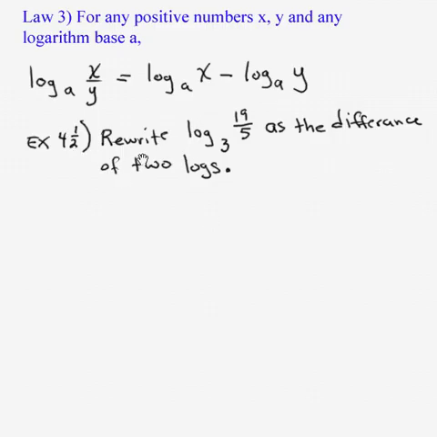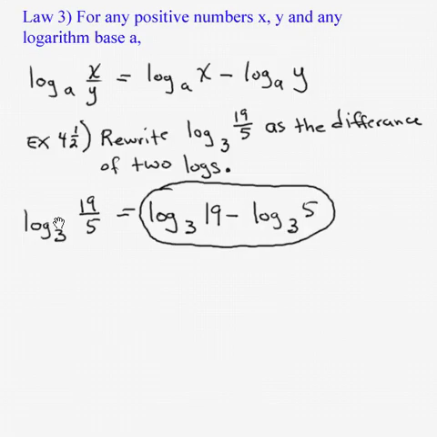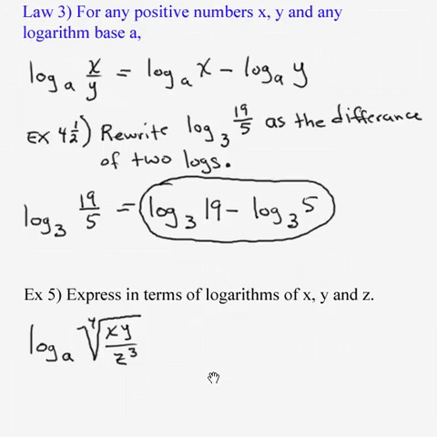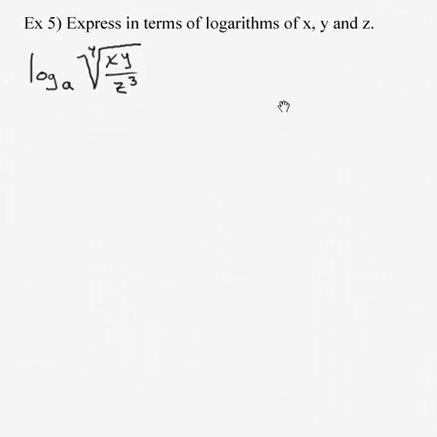So for example, 4.5, we want to rewrite the log of 19/5 base b as the difference of two logs, and that's this law 3 we're practicing. And so that's the log of the numerator, 19 base 3, minus the log of the denominator, 5 base 3. All right, what we want to do is to try to take those three properties or laws and use them